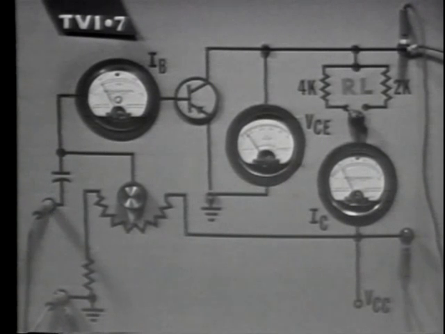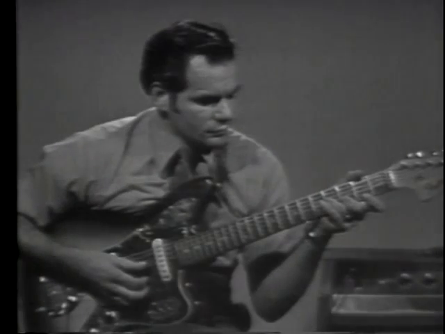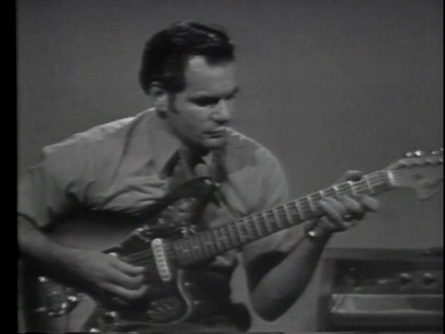Likewise, a small collector load resistor produces a high current gain. In conclusion, we can say gain is obtained in an amplifier because a transistor has the ability to convert a small input signal into a large output signal. Amplifiers are so important that they are found in almost all electronic equipment, including televisions, radios, electric guitars, hi-fis, stereos, missiles, radar,